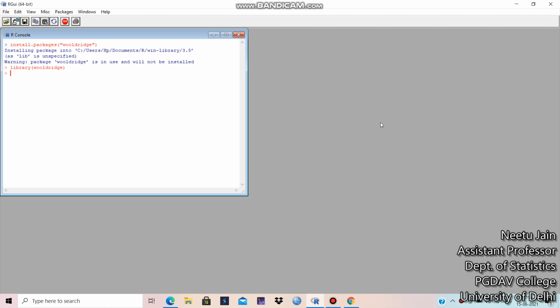In this package we have several data sets. Let's see how many data sets there are. To see the list, the command is ls, then within double quotes package colon Wooldridge.